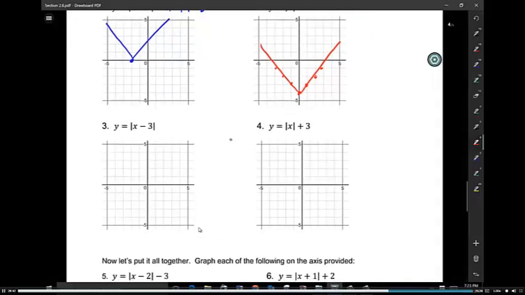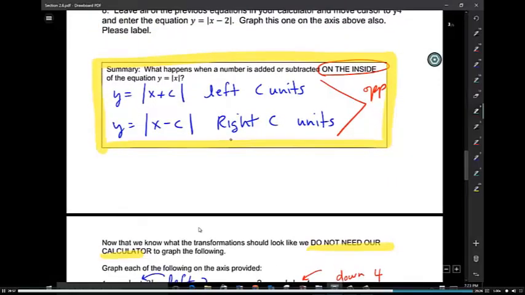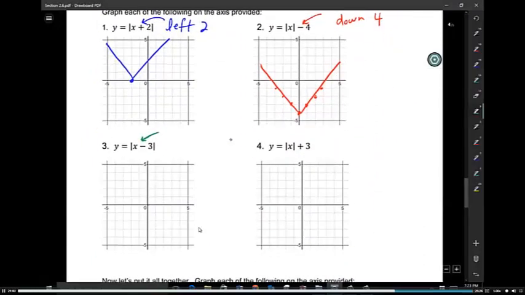Okay, so take a look at the next one. It's on the inside, so what would you speculate? It's on the inside, right? But it's a minus, so you could always go back and look. If it's on the inside and it's a minus, isn't that where it was to the right? Okay, so instead of going through the origin, I'm going to go to the right 3